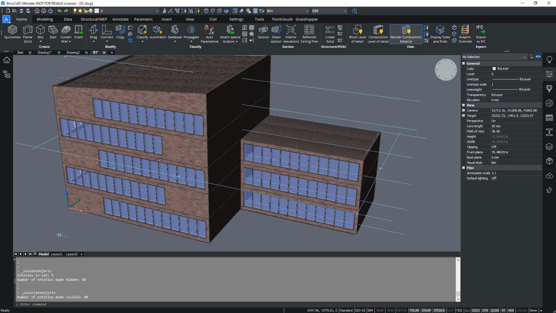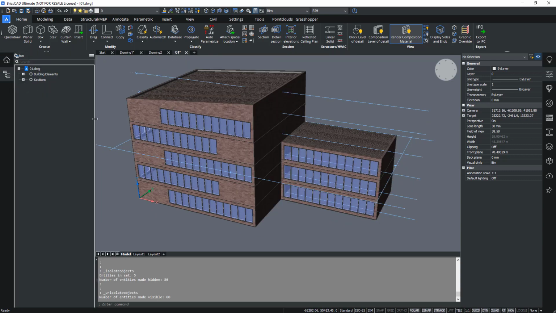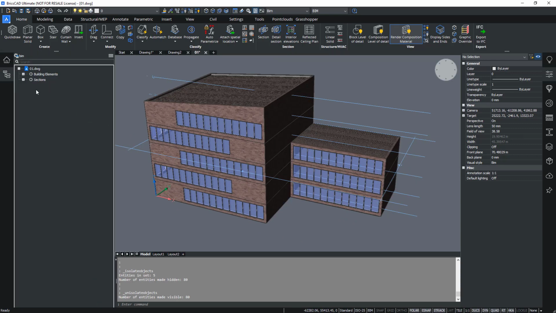Another easy tool for viewing in BricsCAD is the structure panel. From here you can also hide and show entities, but in this case you can select them based on their properties. If you have BIM properties, you will have extra information such as the type of object which you have, such as a wall, a window, and you can group.